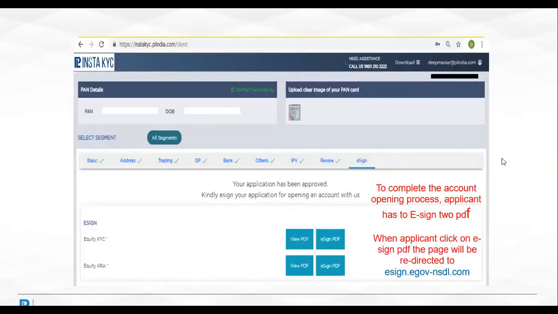Once your application has been verified successfully, the segment comes as the e-sign, where you'll be able to see two kinds of PDFs. One is view and one is e-sign. Now for the e-sign, you need to click on the e-sign PDF button, and to complete the account opening procedure, you need to get the e-sign done of both the PDFs. For completing the PDF, you need to click on e-sign, and it will redirect you to the website,